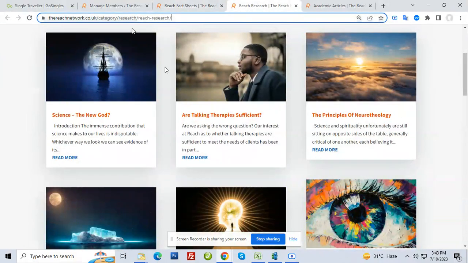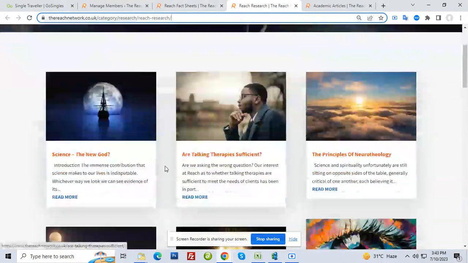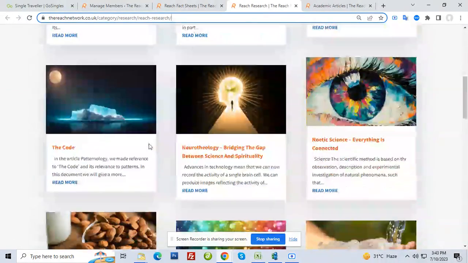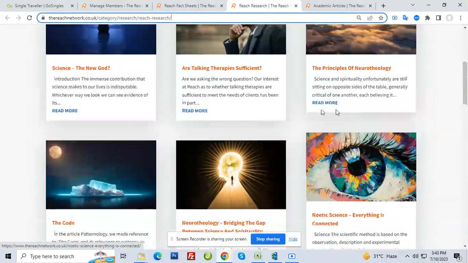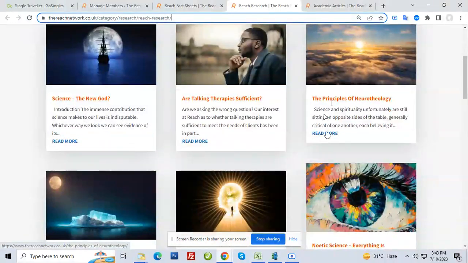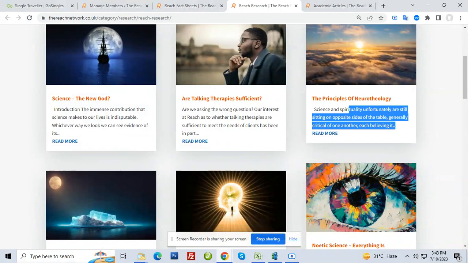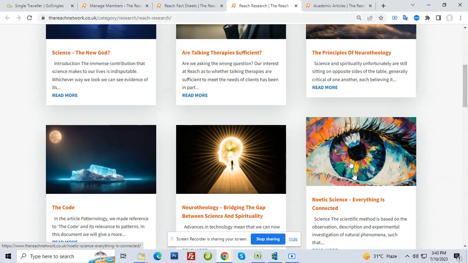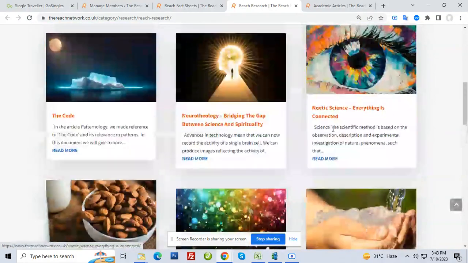Same goes here. Reach research. On the reach research, you can see this one is in the same height and width. This one, okay. Now because the first one has three lines again, you can see three. This one has four. This one has four. So obviously it has gone up. So because of this it has gone up. Now